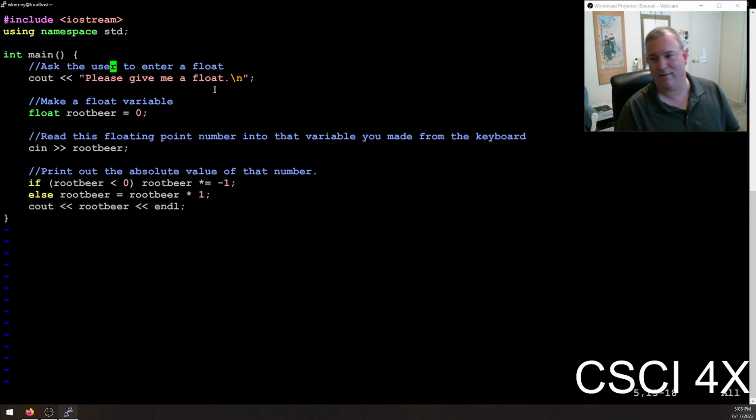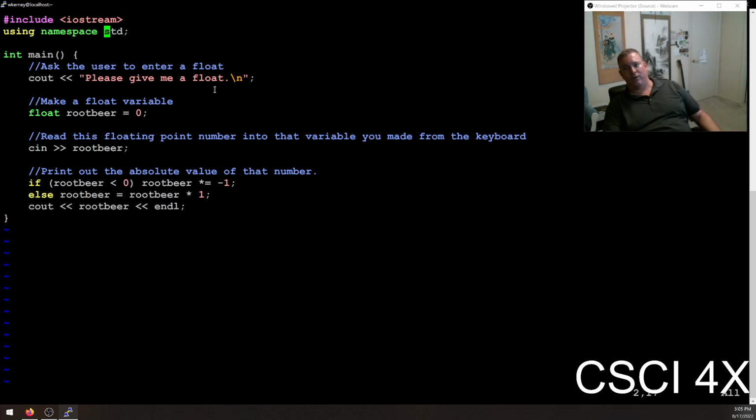Pretty much, and then we're going to learn for loops and functions and things like that, but pretty much anything interesting that we're going to be doing is going to be using something called the standard library, STD for short. And in order to use those parts of the standard library, you have to use an include